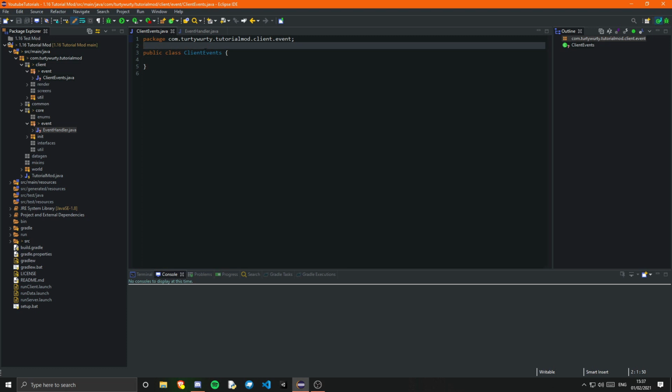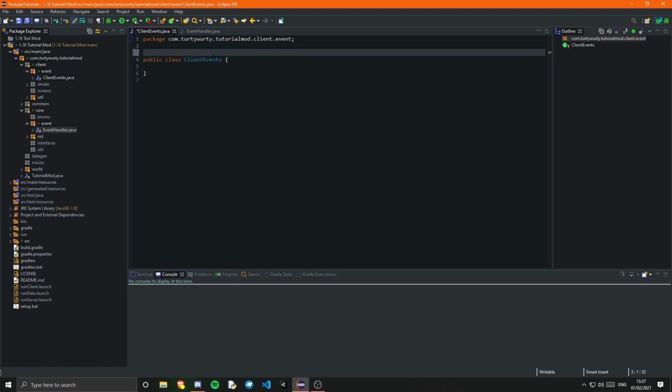Okay, now this is client events. So what we first need to do is we need to add an annotation to this class, as we need to tell it this class is an event bus subscriber. It subscribes to the events, or hooks onto them, however you want to say it. So to do that, we can just do @Mod.EventBusSubscriber,